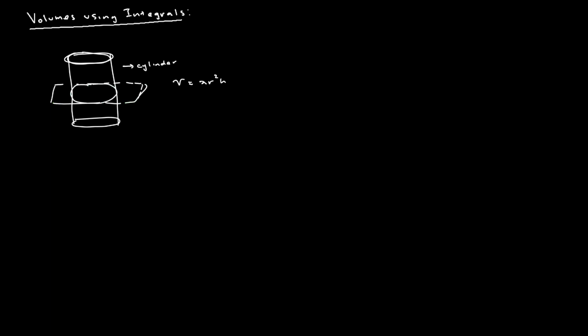And you can think about the volume as adding up infinitely many of these circular cross sections, and that forms the entire cylinder. Since volume tells us how much space is enclosed in a shape,